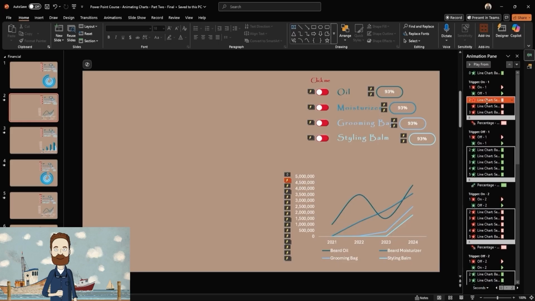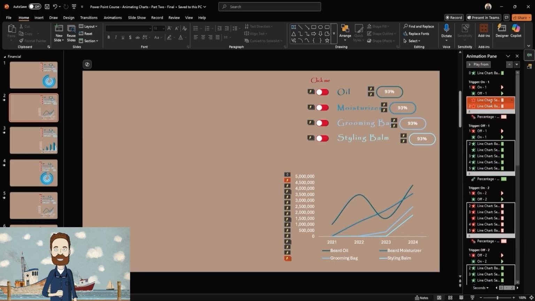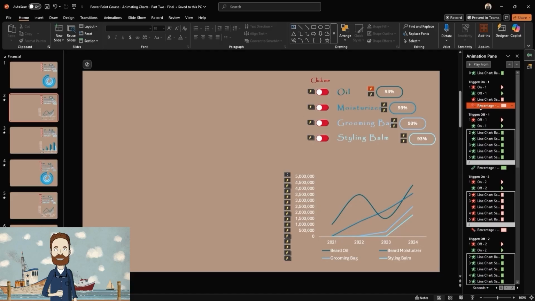Luckily, PowerPoint still remembers that the one line we originally kept is set to Start with Previous, so you can quickly identify it. When looking at the animation pane, the extra animations that were added back will now have a number to the left of them, while your original one won't. But you have to delete each one of the lines every time you update the numbers. So while it's manageable, it's not exactly efficient, and definitely something to keep in mind if you plan to reuse this structure regularly.